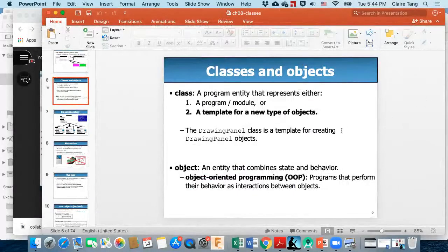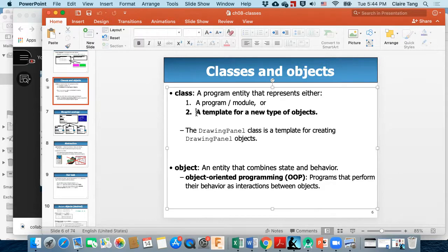So far, we've been writing a Java class as a program, and we put the main method in it and we run it. This chapter will talk about class as a template for a new type of objects. We're using a class to describe, to digitize real world